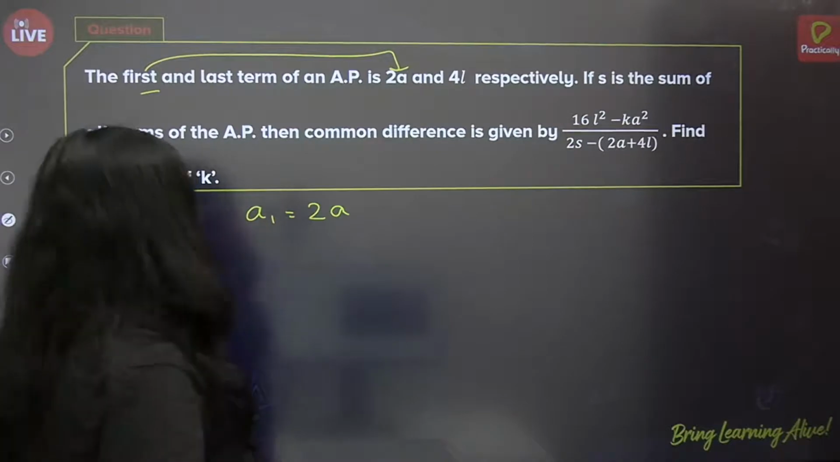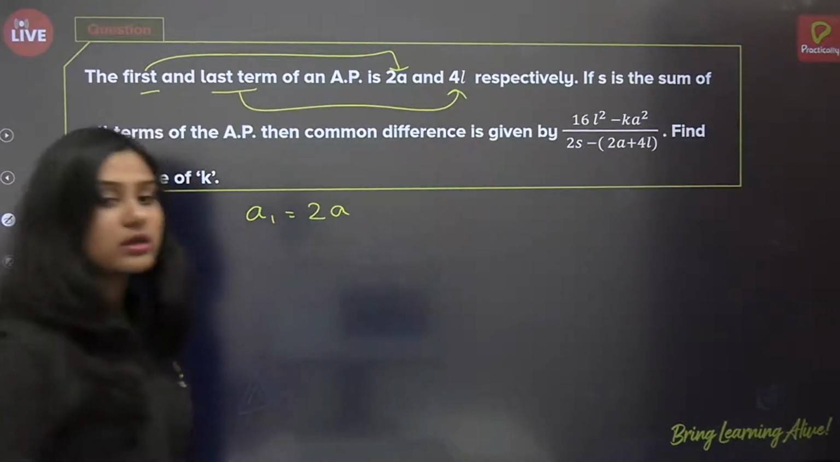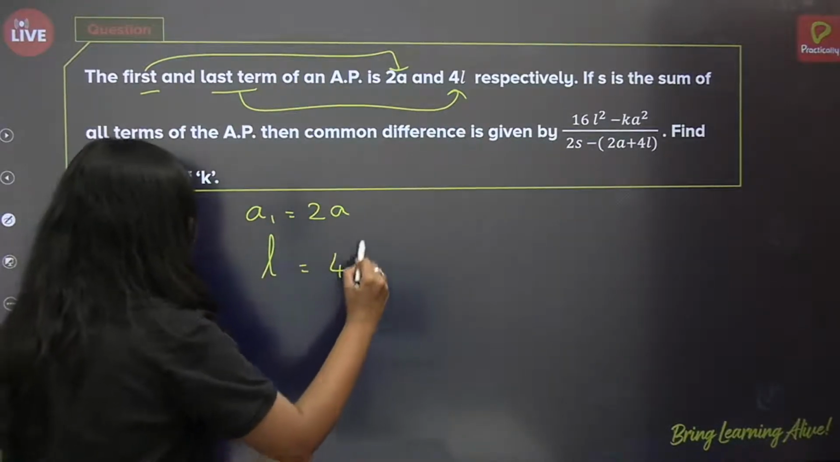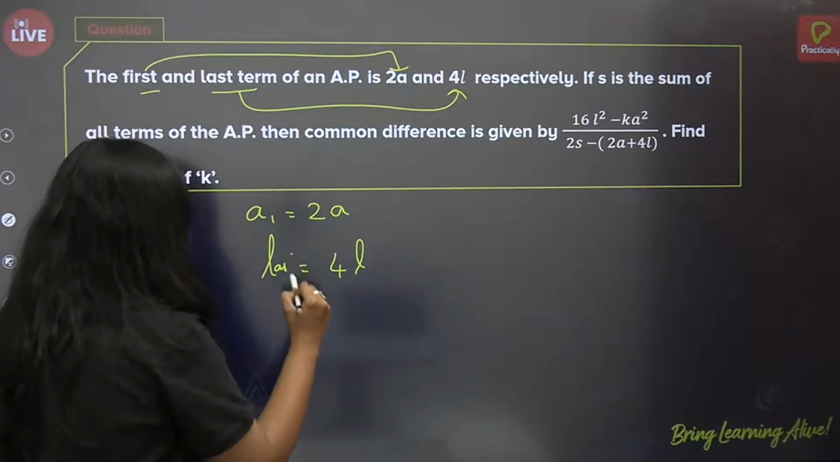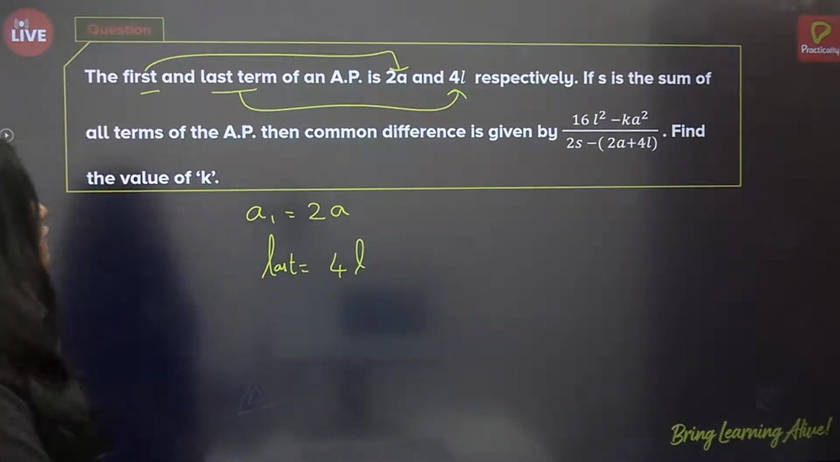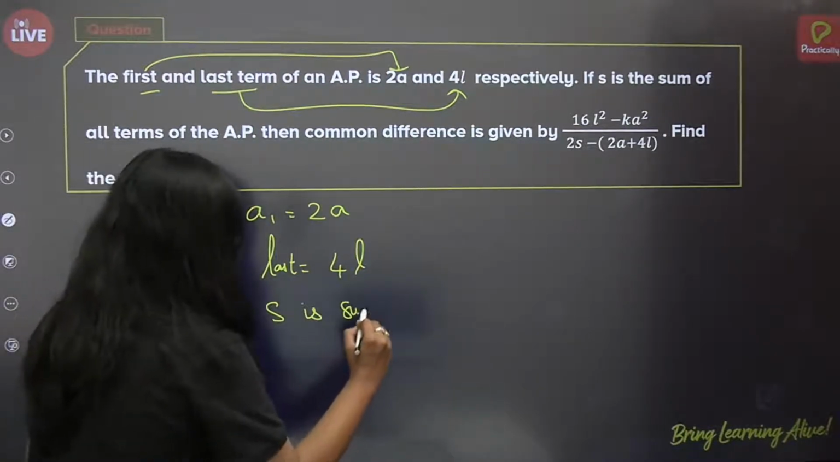Done. Next, the last term of an AP is 4L. So L equals 4L, or you can just put last term equals 4L to avoid confusion. If S is the sum of all terms,